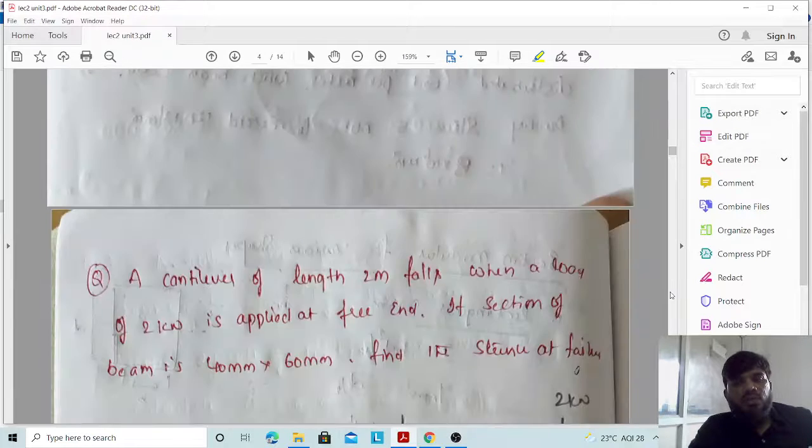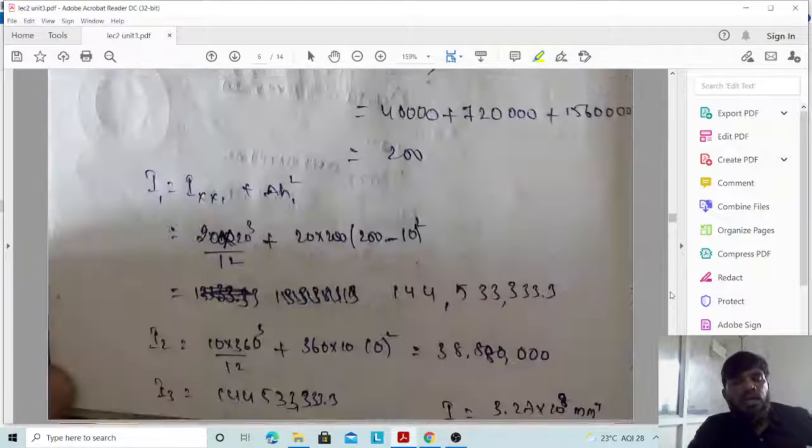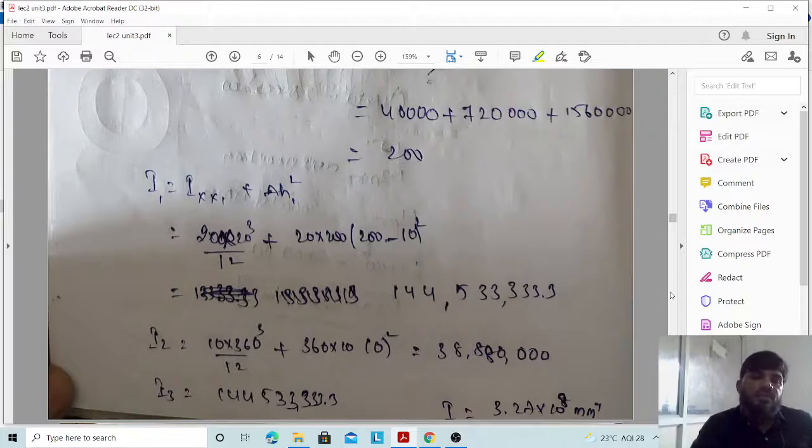The next topic which we are going to discuss is pure direct stresses and bending stresses. Direct stress is nothing but the stress which is purely because of axial loads, either compressive or tensile loads. Next is bending. Bending stresses are because of bending loads, which may be a point load or a UDL; because of these the bending comes, and that type of stress is called bending stress.